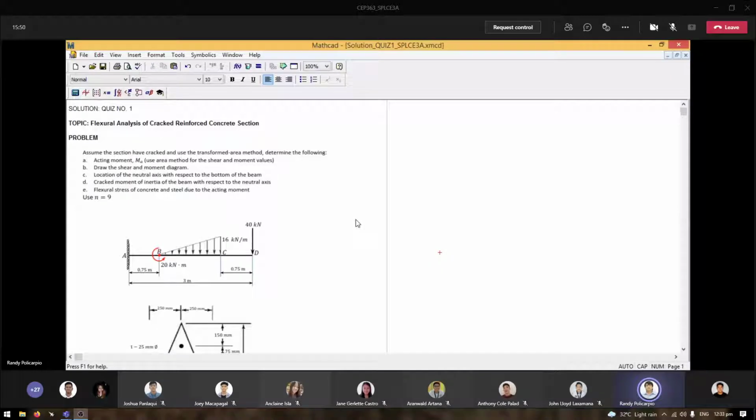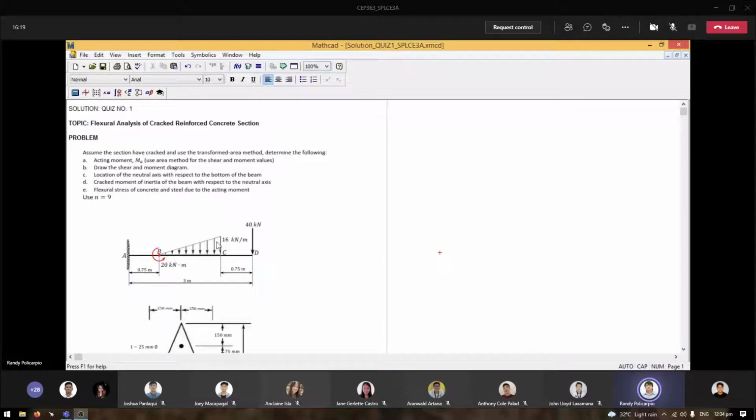Okay, so part 2 is actually a problem solving, wherein the problem has a given beam. Yung beam natin is actually a cantilever, no? It is a cantilever beam, fixed. It has a fixed support at A, and then it has a